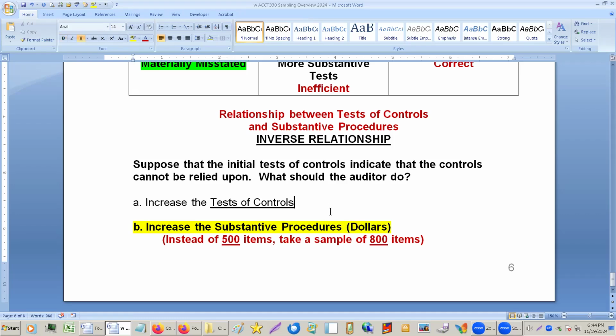And by the way, it is possible as an auditor that you don't do any tested controls. If you're not going to rely on the controls at all, you might not take any of them. And then it's really inverse. It's zero versus, completely. You might not do the test of controls for a couple of reasons. One might be that it won't reduce your substantive testing very much, and it'll cost more to do the test of controls than the substantive testing.